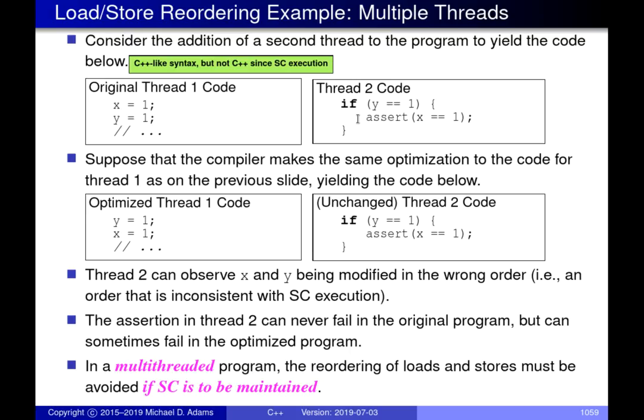Okay. Now suppose that the compiler optimizes the code. In particular, it's only going to do one very innocent looking thing. It's going to do the same optimization that it did to our single-threaded application on the previous slide. It's going to interchange the order of these two stores to memory. So instead of doing x and then y, it's going to do y and then x. We just saw before that if the environment this program is running in is sequentially consistent, this program cannot possibly fail the assertion. But if we allow the compiler to make this optimization, now the assertion can fail. The observable behavior of the program will change.